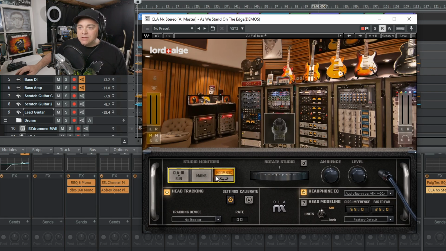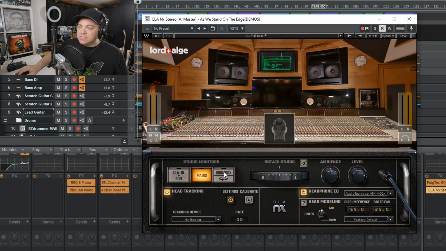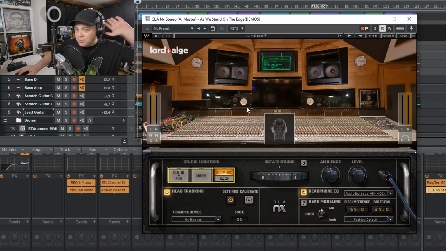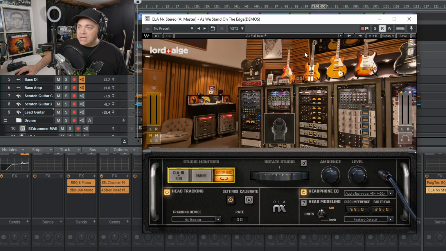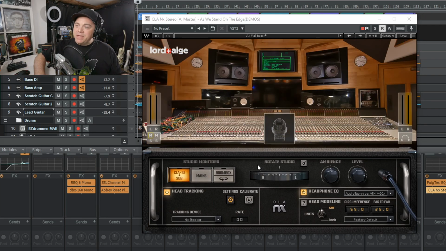So when you're enabling the boombox, you can enable it by pressing the top part, and it's going to keep the default view. So you're going to hear the boombox coming from behind you, or you can click this arrow and you're going to be looking at the boombox. So you're going to be staring it straight on, and that's how it's going to sound in your head. Now let's just listen to the mix as we rotate the studio so you can hear what that sounds like.